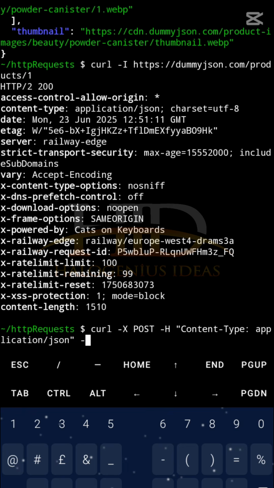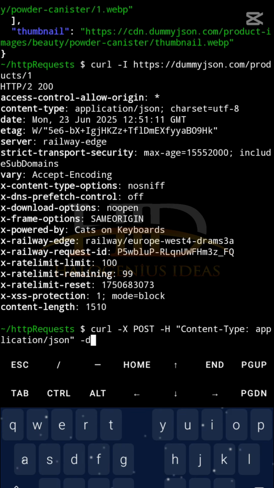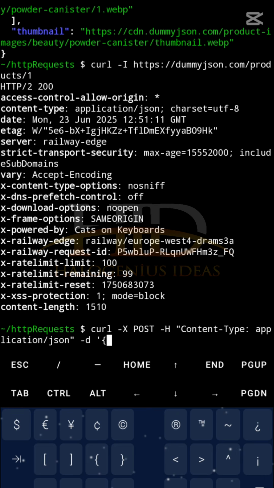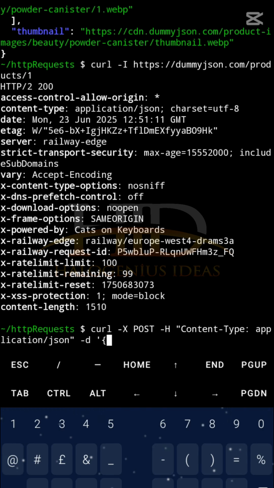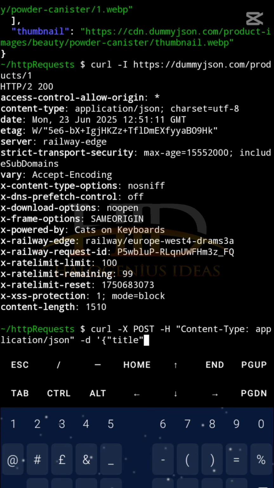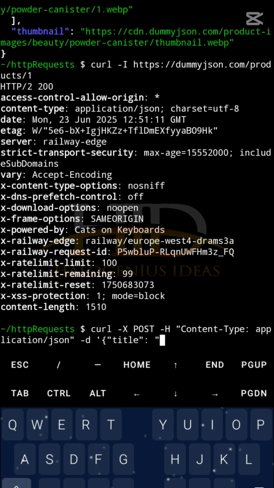Now we are going to be passing the data. So you're going to be using the D flag, small letter d, please, the d flag, and I have to write my data now. So I will be using the open bracket, then I will also have to pass the double quote this time. The double quote is for the data inside, the single quote is what is encompassing the whole JSON data. So the product title, the fields I'm going to be supplying: title, then the title, I can just name it Android phone,